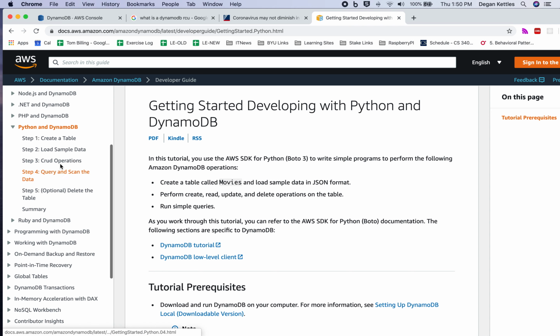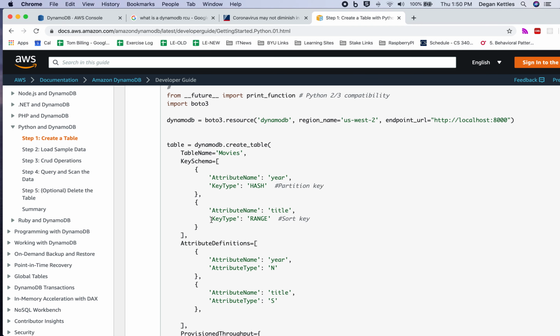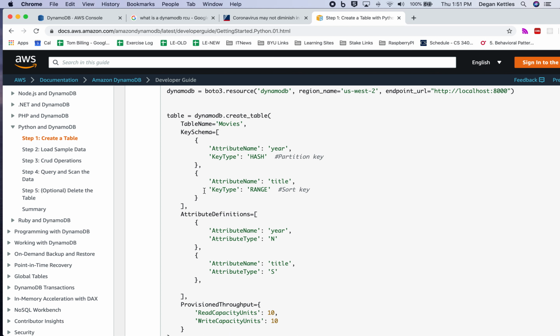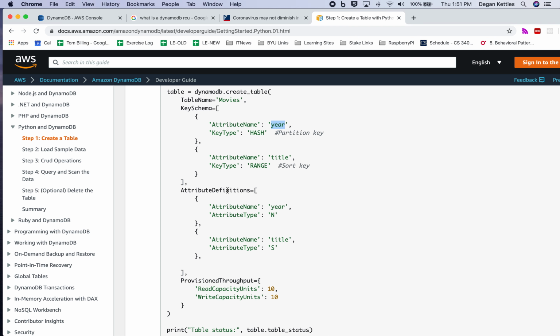You can just go to the one you prefer, and then you can see some code snippets, for example, creating a table. It's a little weird the first time you look at it. You import a library for DynamoDB specifically, and you connect to a particular URL where your DynamoDB instance is hosted in a particular region. And here's where you're creating your primary key. In my case, this would be like sensor ID 1. And right here is what's called the key type range, so this is my sort key. In my case, that would have been the